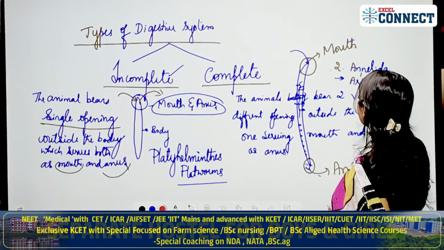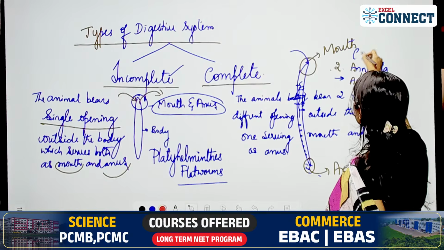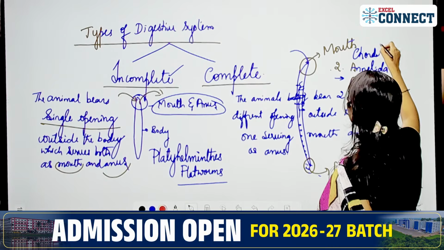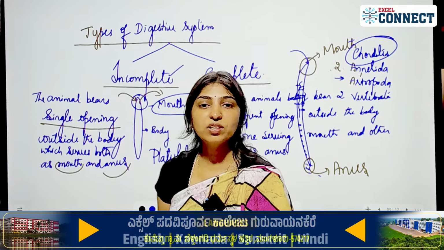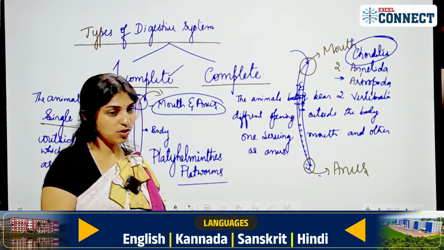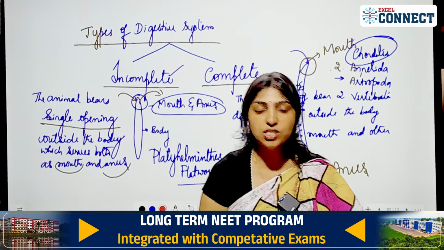Arthropoda or vertebrata, or you can call it as chordates. All the chordates. Human beings come under chordates. Okay, all these are examples for the complete digestive system. So here we are discussing, based on the organ system,